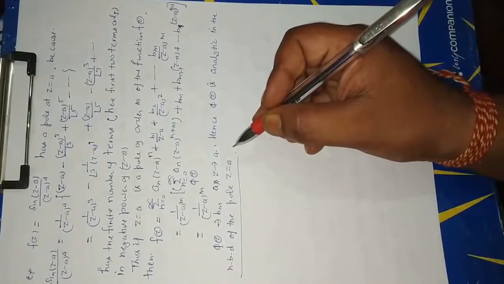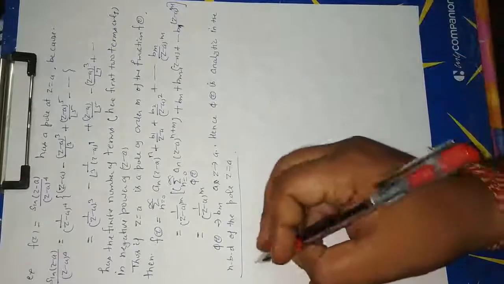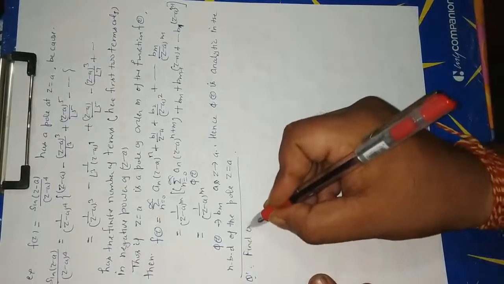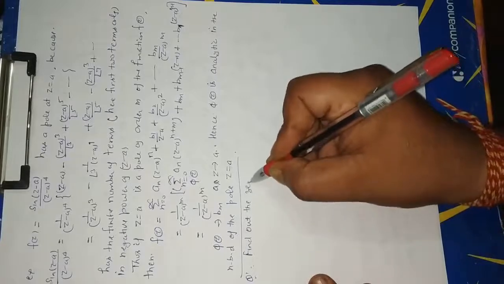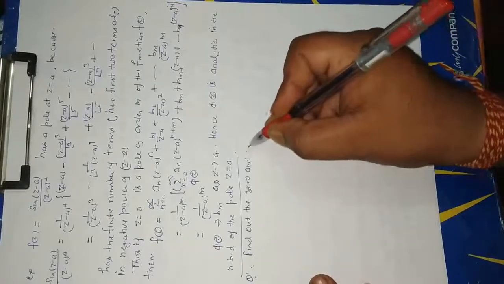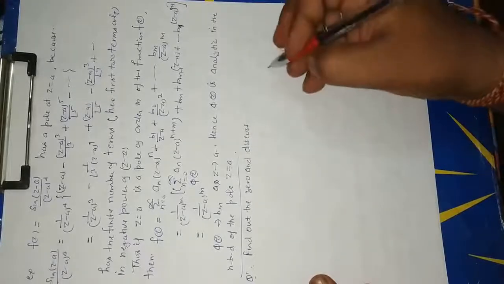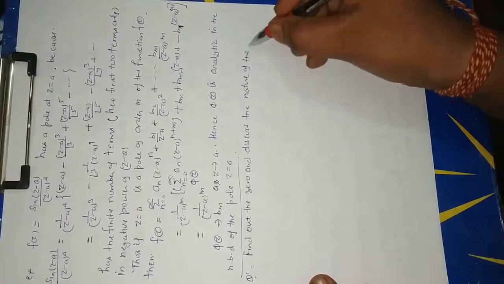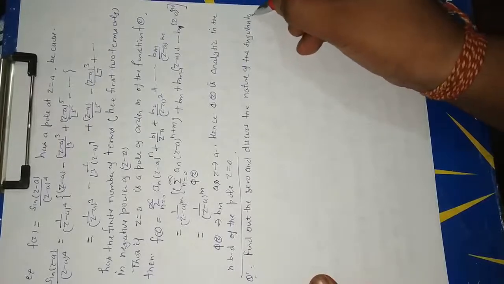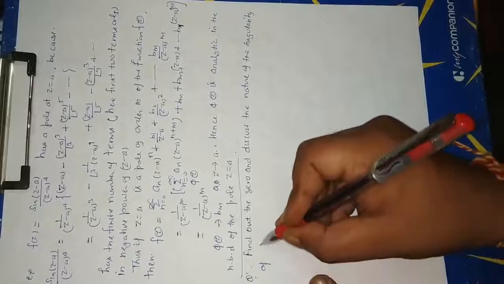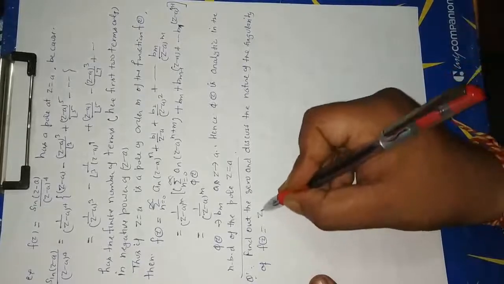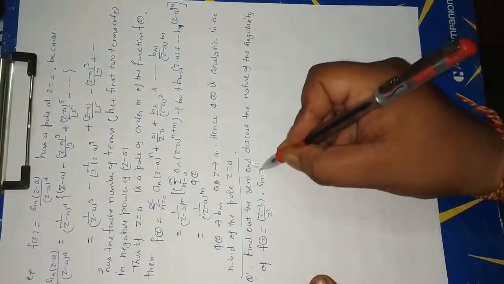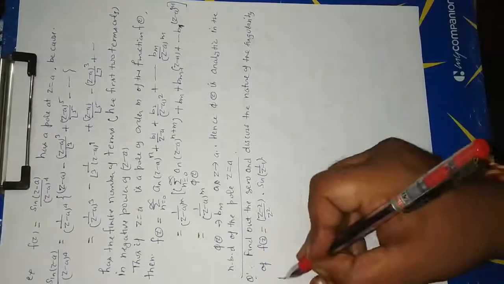Okay, now question. Find out the zeros and discuss the nature of the singularity of the function f(z) equal to (z minus 2) upon z square into sine 1 upon (z minus 1). Answer,